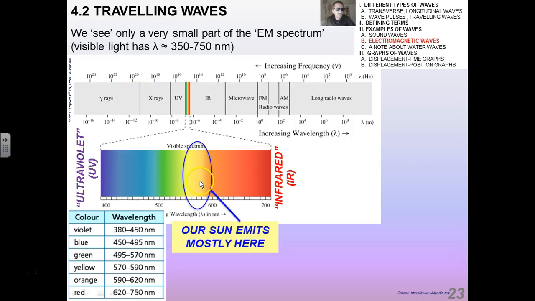Now it turns out that our sun, our star in our solar system, emits mostly in this part of the spectrum, which accounts for the yellowish, reddish, orangish color of the sun. But more importantly, this has great implications for life on Earth because